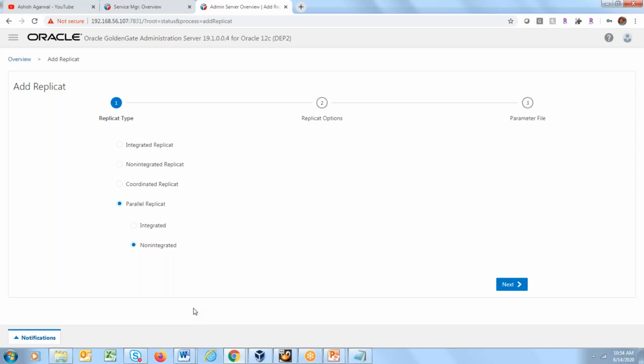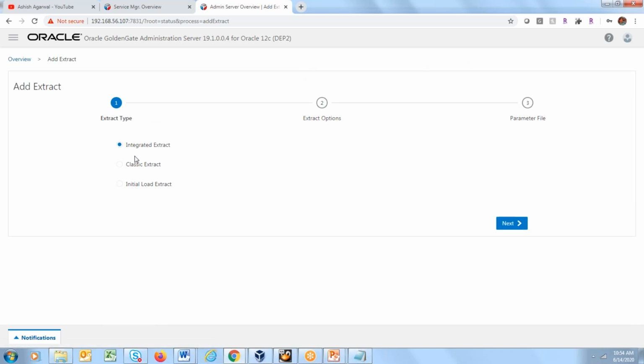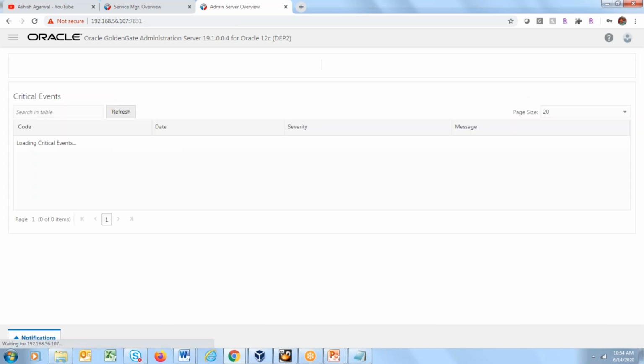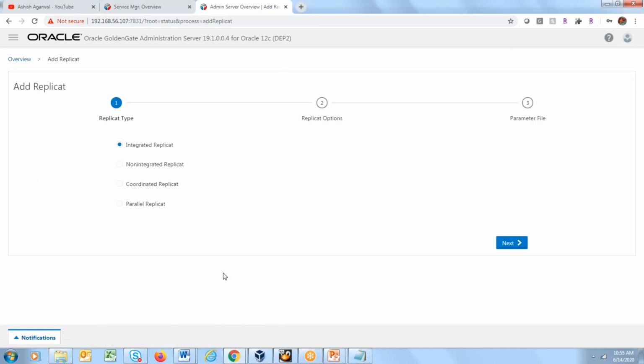Whatever you see in microservices, the same options are available in classic architecture as well. Under classic architecture, you can create either of these extract processes, integrated extract or classic, or if you are going to use Golden Gate for initial load, you can use it for that purpose. Similarly for replicat in classic, you have all these options available.